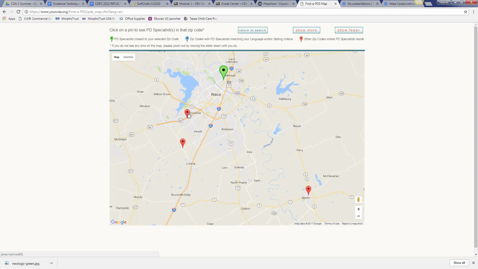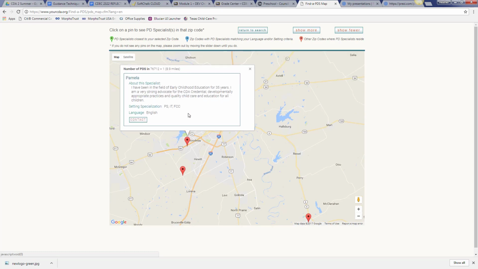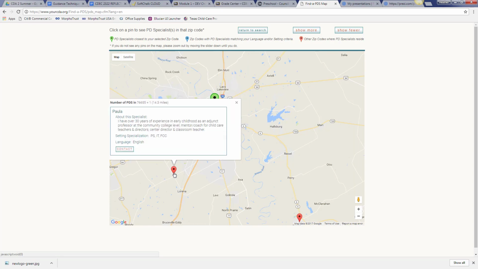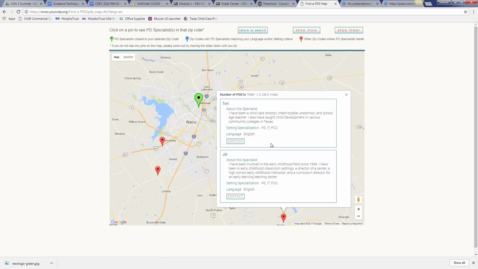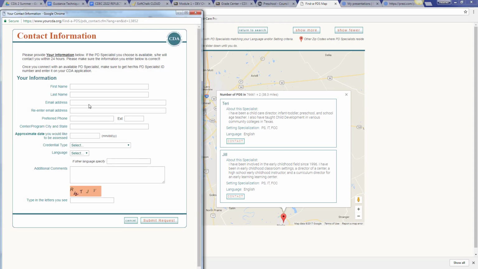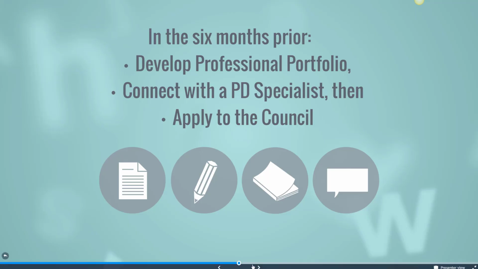If you click on the dot, it will pull up information about each of the PD specialists, their languages, and their setting specializations. For the Waco area, it appears that there are 3 specialists, but once you click on the Marlin button, you'll notice that there are actually 2 who are located in Marlin. Then whoever you decide to contact, you can click on their contact information and type in how you would prefer to be contacted by them. Once you have a PD specialist